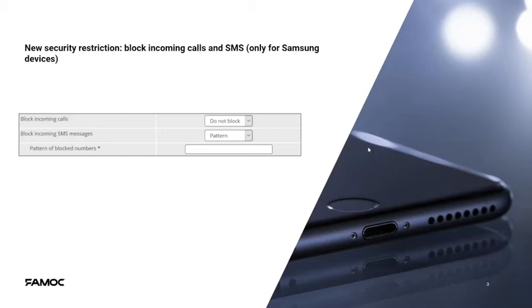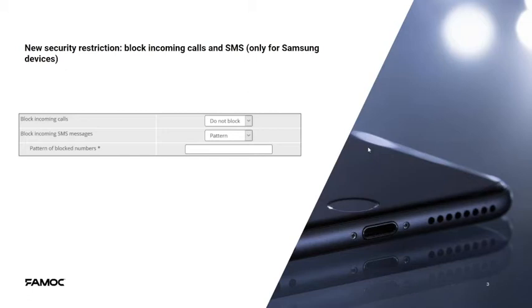First, of course, the default possibility is to not block incoming calls and incoming messages, but there is also a possibility to set the value to block all incoming calls, or block certain incoming calls based on a number. You can provide a number or numbers separated by a semicolon, and